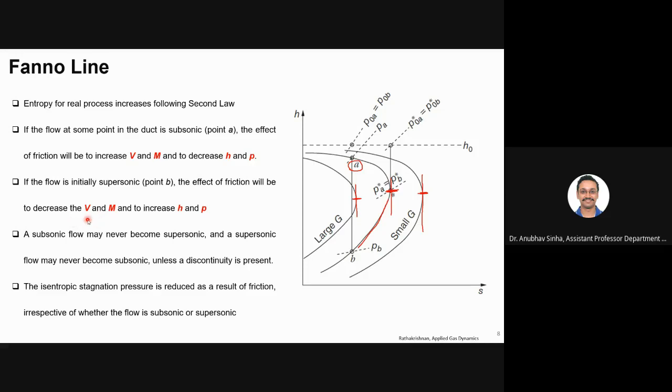So you see, it is approaching towards this region, which is for low velocity. This is for high velocity. So if it is going up, it means the velocity is decreasing. Or let me delete and explain it again. Let us just focus on one curve. So let us talk about this curve.